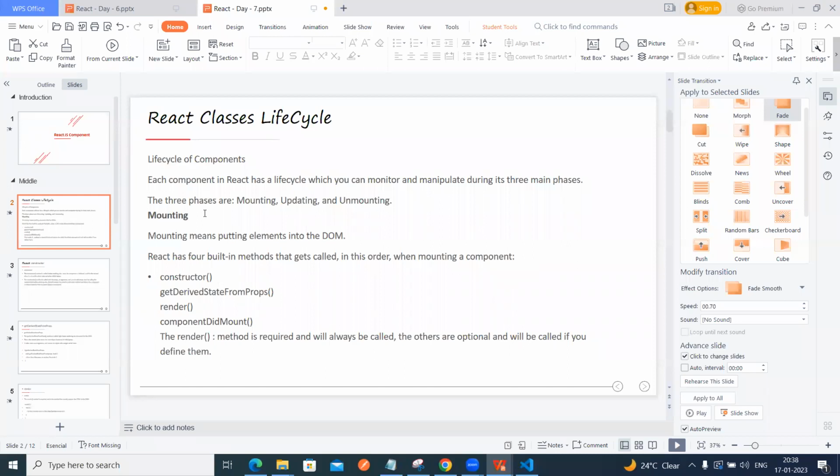The first one is mounting. Mounting means putting the elements into the DOM. React has four built-in methods in the mounting phase. These things are very important, because in every React interview they can ask: what is the React lifecycle? How many phases are there? Okay. So in the